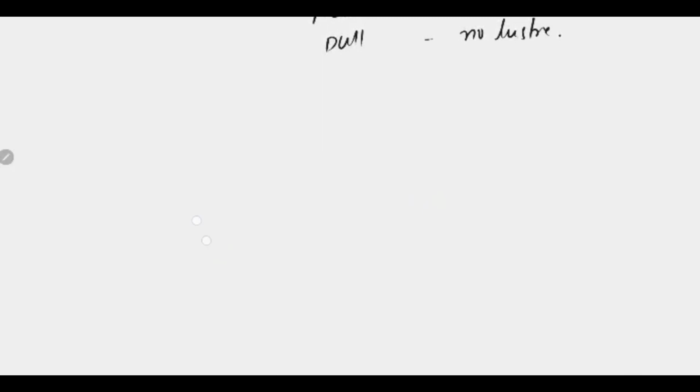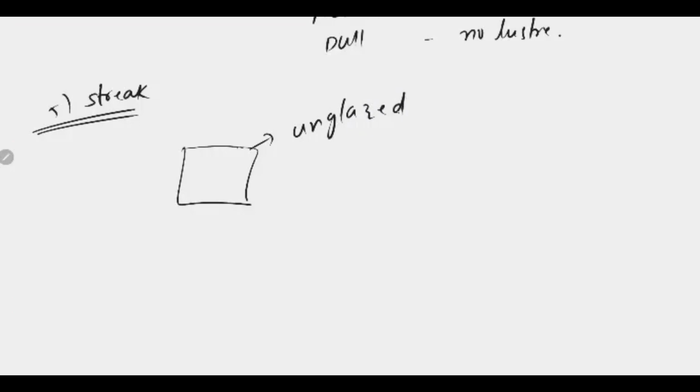Next, streak. Fifth one, streak. What is streak? Streak is defined as the color of the fine powdered mineral obtained by scratching or rubbing the mineral on a piece of unglazed porcelain plate called a streak plate. There is one plate like this. This is called an unglazed porcelain plate. By rubbing this mineral on this plate,